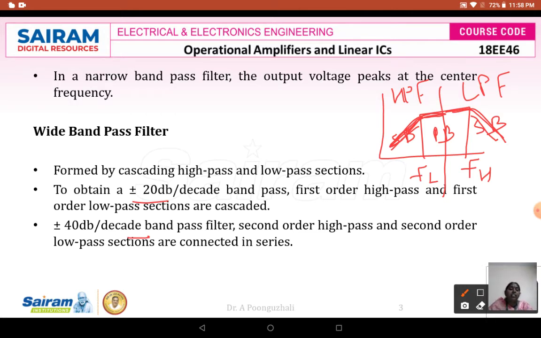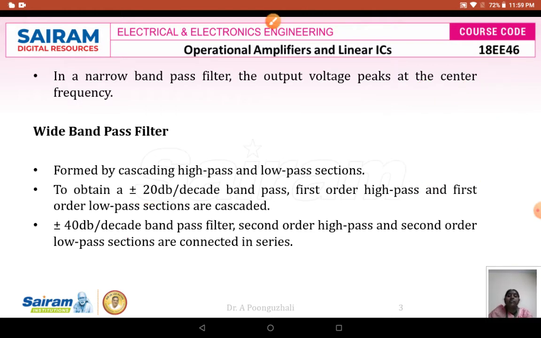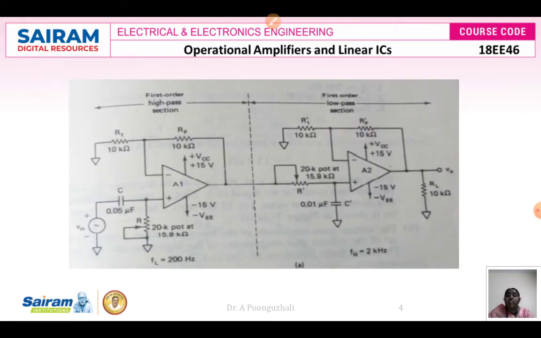So in this case, this is your classification of the wide band pass filter and how we are going to get it. We had seen the high pass filter circuit. A high pass filter circuit means we are going to have a resistor at the feedback, that is, at the input terminal to the non-inverting input terminal of your operational amplifier, and here this is your capacitance. The output of this high pass is going to be given as input for your low pass filter. So here this is your low pass and this is your high pass. Cascading your high pass and low pass, we get a wide band pass response. We have designed this high pass filter for a cutoff frequency of 200 Hz and the low pass filter for a cutoff frequency of 2 kHz.